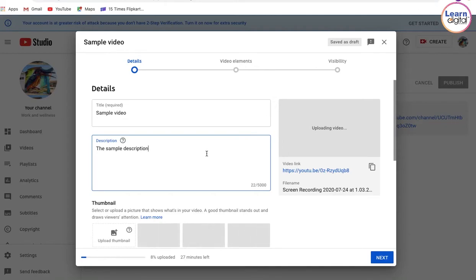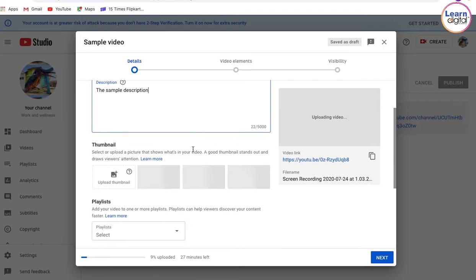Once you have given the description, the second option that you will have is the thumbnail. Thumbnails are the pictures or small simple videos which a person gets to see when he hovers his cursor over the video. So people try to put interesting pictures here, where a troll, a prank rather, or an interesting moment of the video is highlighted. Or you can even choose to upload a thumbnail right over here.